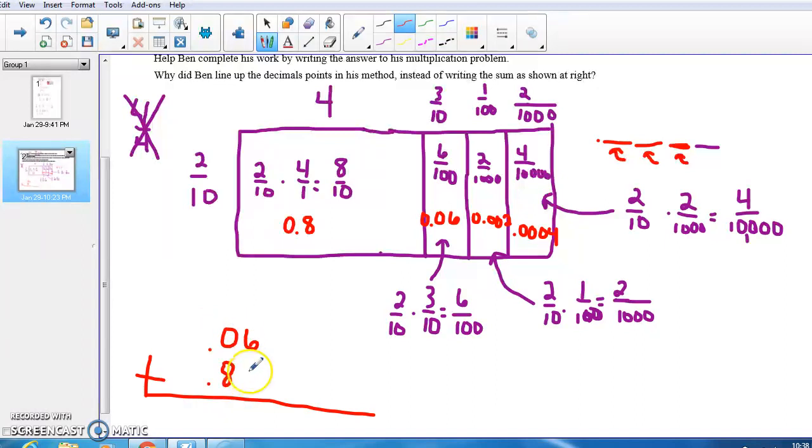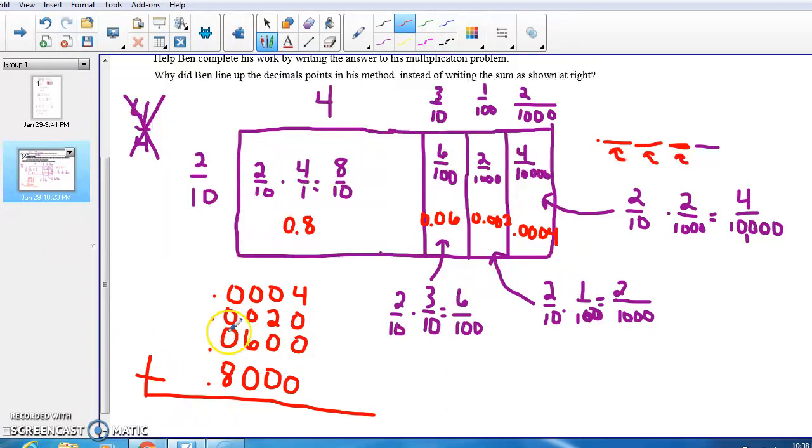I could add a 0 here. And above it, I'm going to put 0.002. Fill in my zeros here. And then above that, I'm going to have 0.0004. And notice